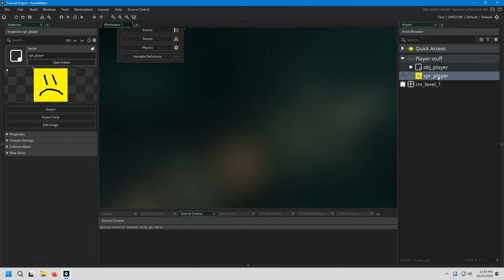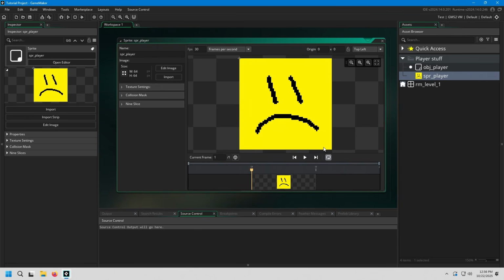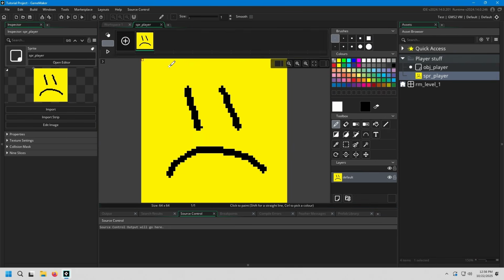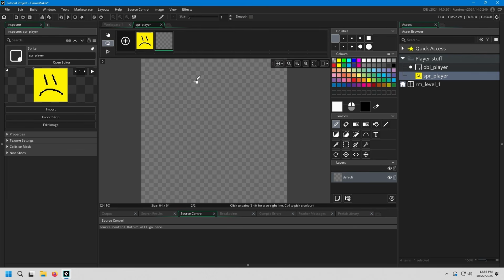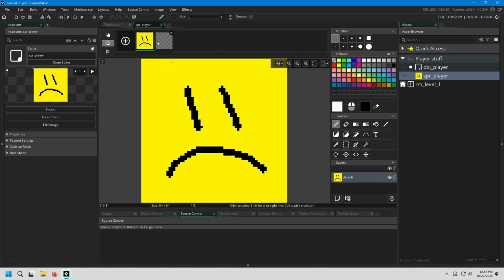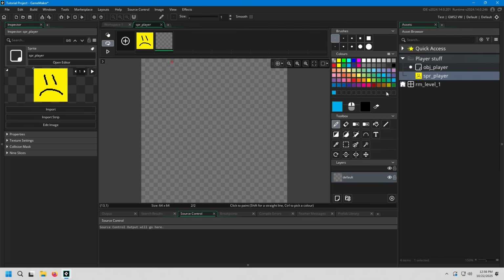By the way, before I move on to objects, if we go back to sprites for a minute, sprites are allowed to have multiple images contained within them. This is often used for things like animation. If we go to the edit sprite button and click this plus over here, we could create additional images within the sprite. Since I don't really know what else to draw, I'm just going to give this one